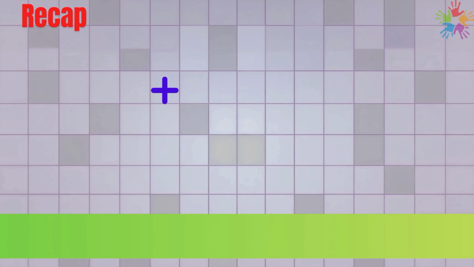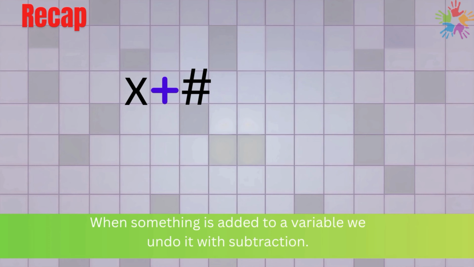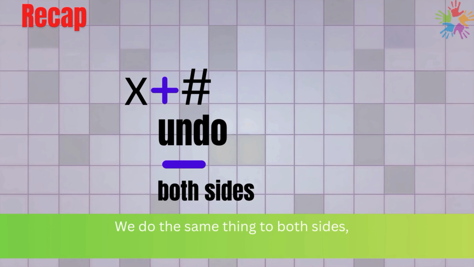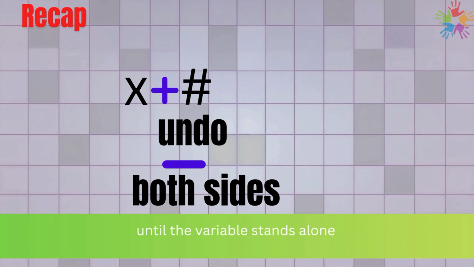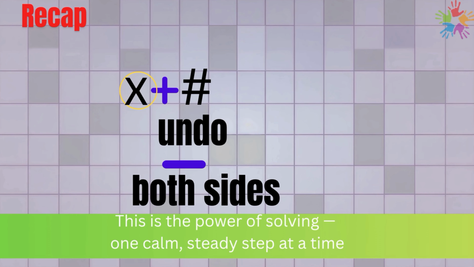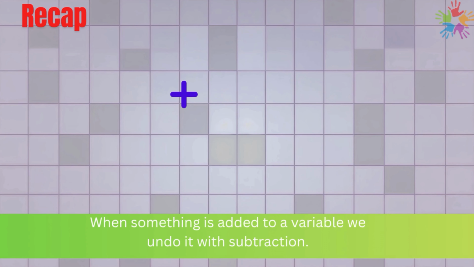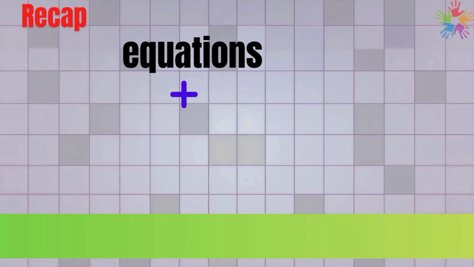Let's recap. Let us review. When something is added to a variable, we undo it with subtraction. We do the same thing to both sides until the variable stands alone. This is the power of solving one calm, steady step at a time. You have learned how to solve addition equations. Next up, how to solve subtraction